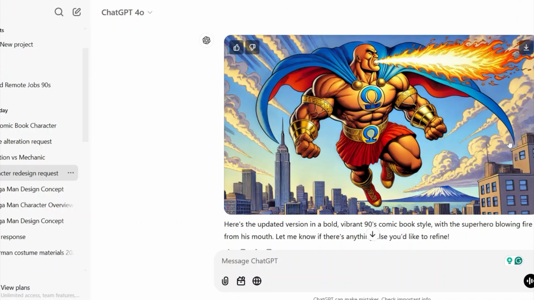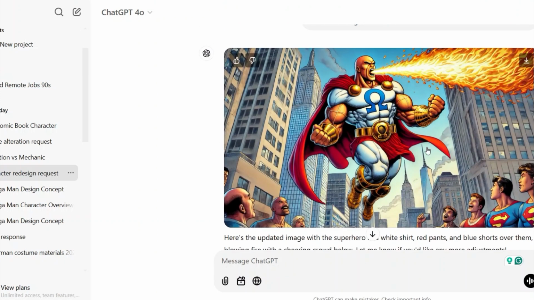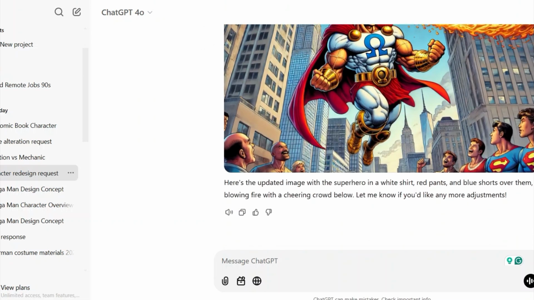But he looks really cool, really buff, and I kind of like the kilt type thing. And then we got this one. That one looks really cool too. I think I'm going to keep that. It has these Superman guys in there. I'm going to crop them out. So yeah, that's my experience.